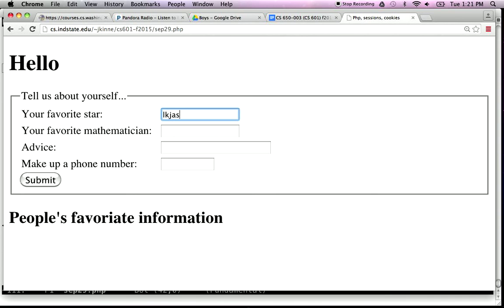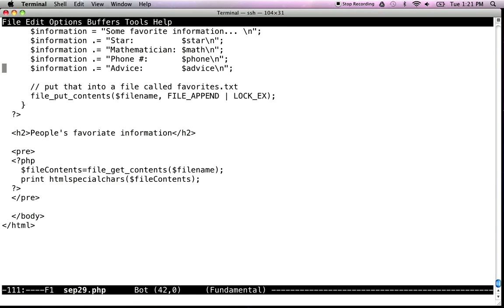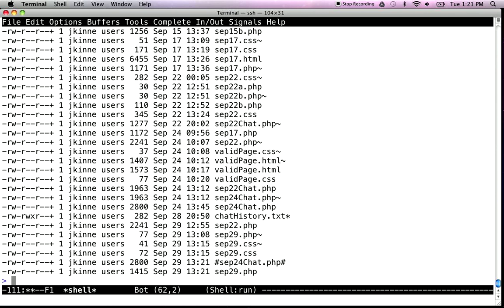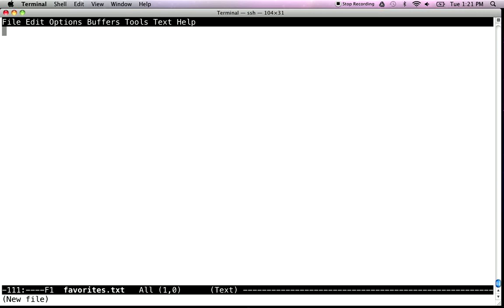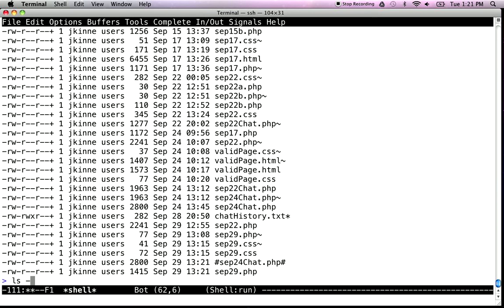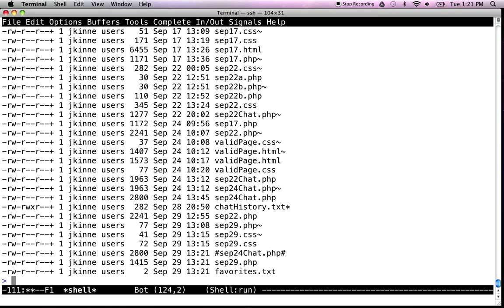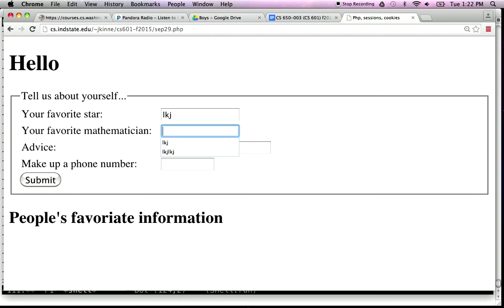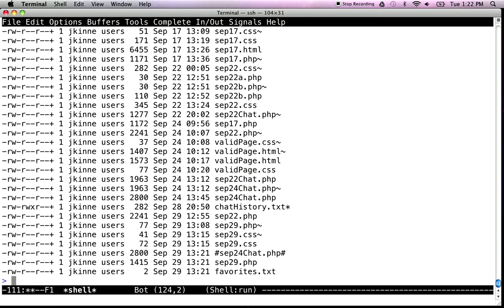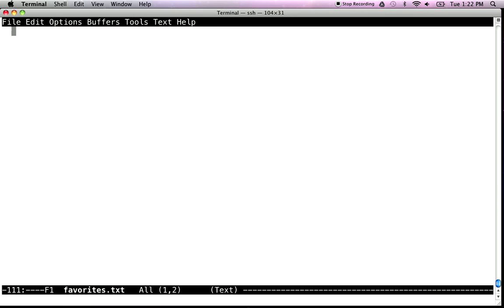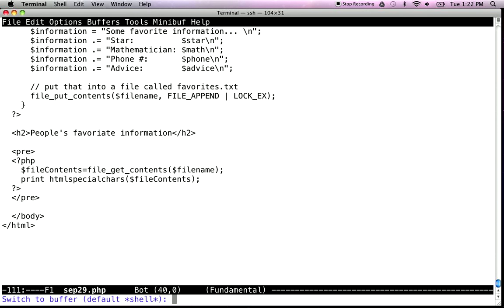Nothing shows up. Does anybody remember why? There's nothing there. What is it called? Favorites. So there's a favorites.txt file, and if we submit this again, nothing's showing up. If you turn on the error reporting,